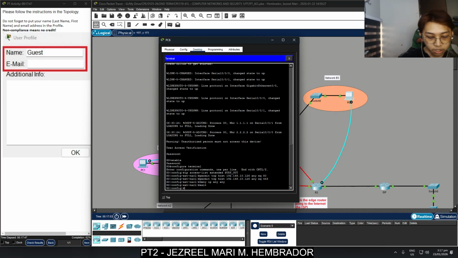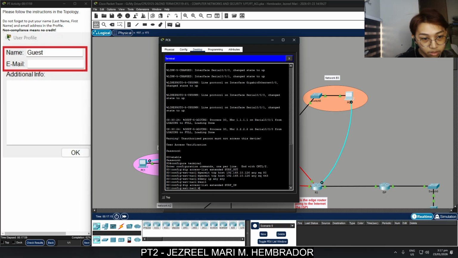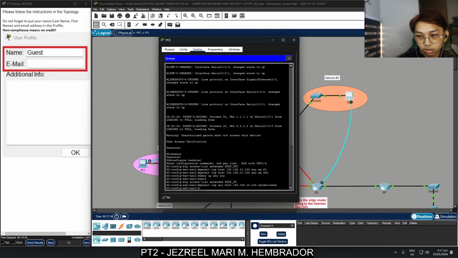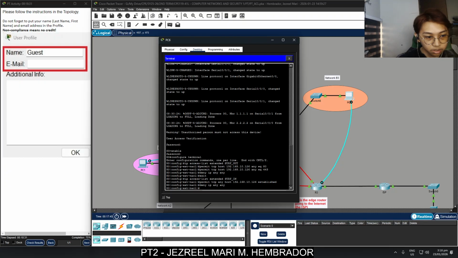So to do this, we're going to type ip access-list extended surf_in, permit tcp any host 192.168.10.126 established, and then deny ip any any, then exit.